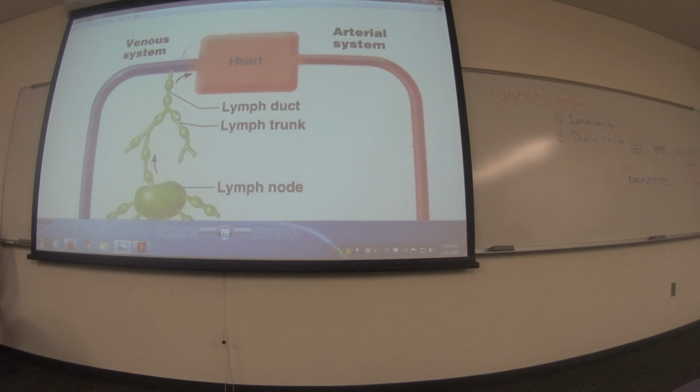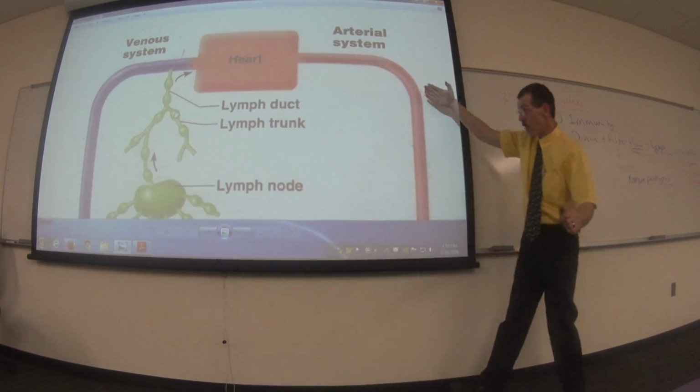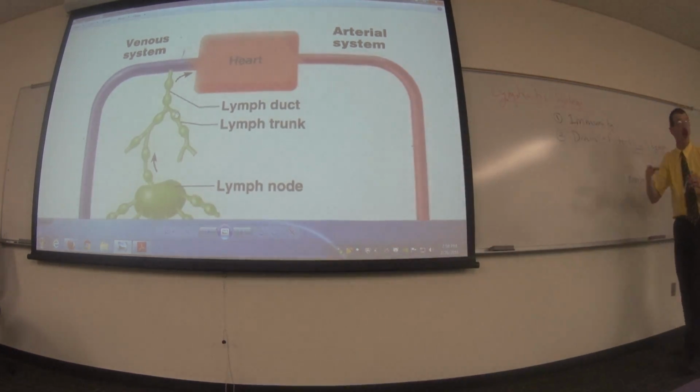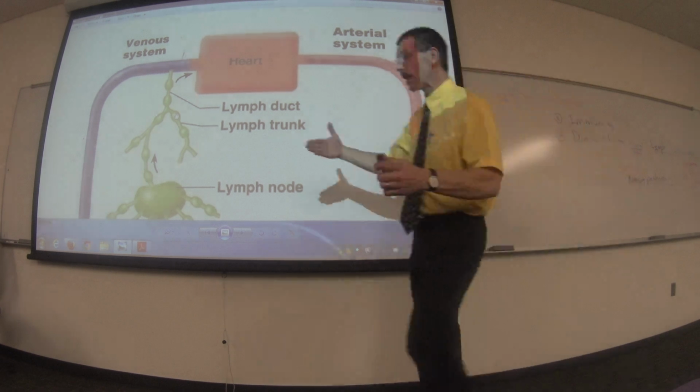Bingo. So if you think about the concept here, if you were a germ and you ended up here, where's the next place you're going to be? Everywhere, because your heart's going to pump you everywhere. What do we call it in the hospital when people have germs everywhere in their bloodstream? Systemic. Sepsis. And what happens when you have sepsis? You die, right? Because the germs are now everywhere in your body. So there's no way I want to get something that's in my drain line back to my heart, because I just killed you. So I'm going to filter this fluid as it's draining back to my heart at the nodes. So I have to clean it before it gets back.